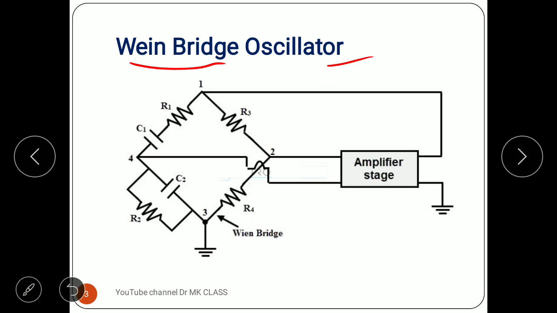Usually in an oscillator, what happens? The amplifier will give you a 180-degree phase shift. The other network we are creating should compulsorily give you a 180-degree phase shift, not 0-degree, because the amplifier is giving a 180-degree phase shift, so this should give a 180-degree phase shift. So how he created it, we will see in the analysis. We will do the analysis of this circuit.